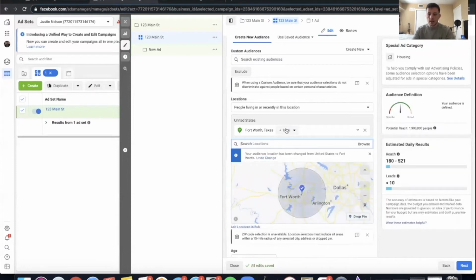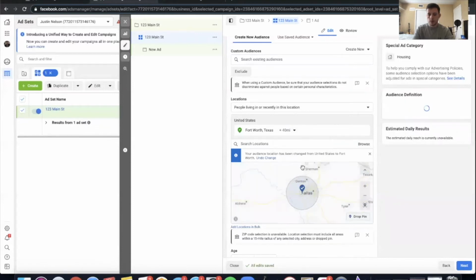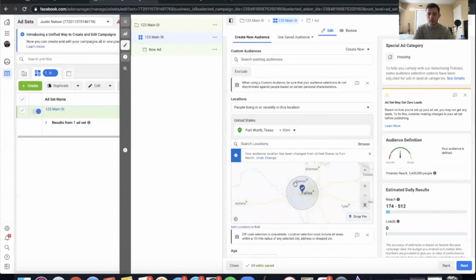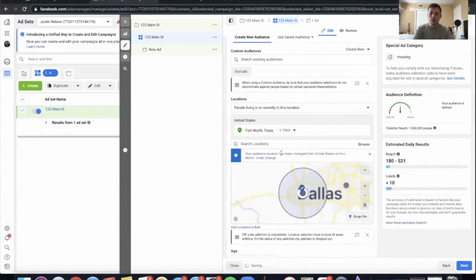And then automatically it will have a 15 square mile radius as the radius of where the ad is going to be projected to. You cannot make this any smaller, but you can make it bigger. So like if I wanted to include Dallas, in this, if I was working Dallas and all the way up to Denton and things like that, then I could increase that radius. But typically, what I recommend is just keeping the 15 square mile radius